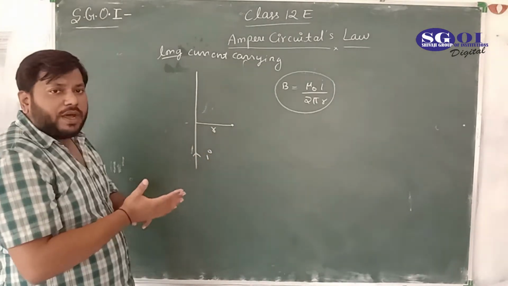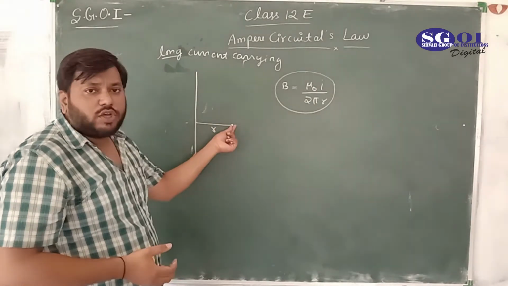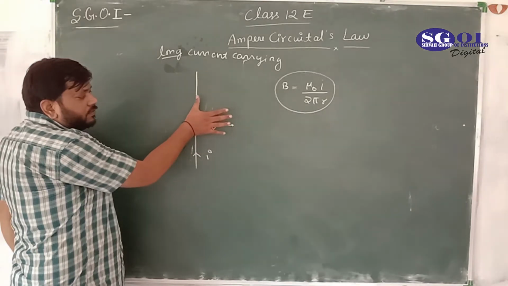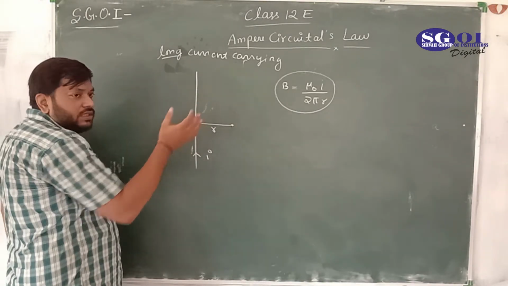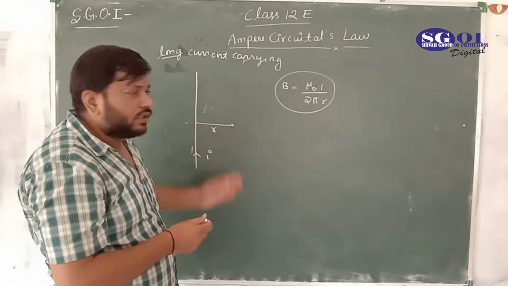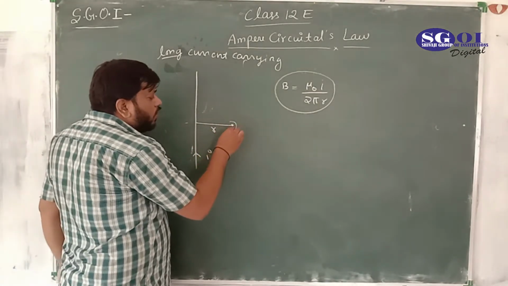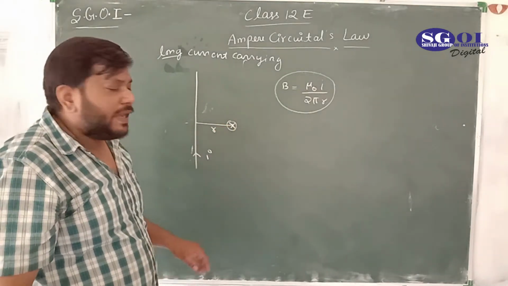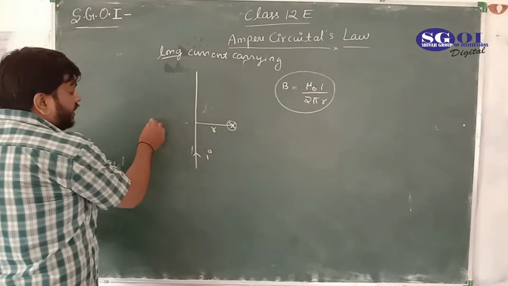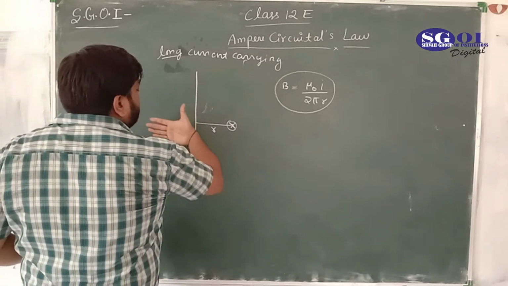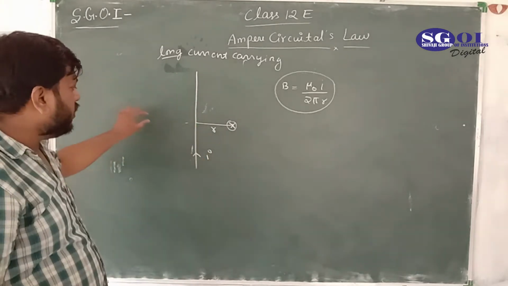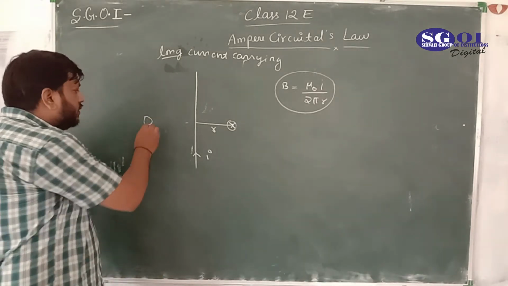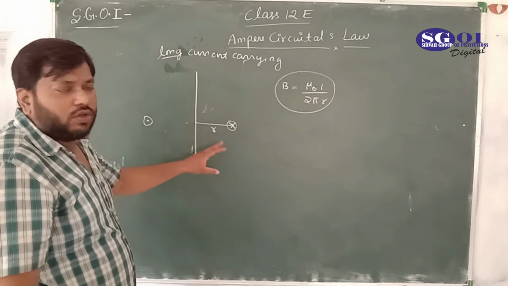Because we are finding the magnetic field at this point, we would place our hand like this. The palm is inside, so it would be normal to this board, meaning the magnetic field would be normal to this blackboard. And if it is on the other side, we would place our hand like this, so the palm is perpendicular, normal to the board. Here it would be a dot, and in this region it would be a cross.